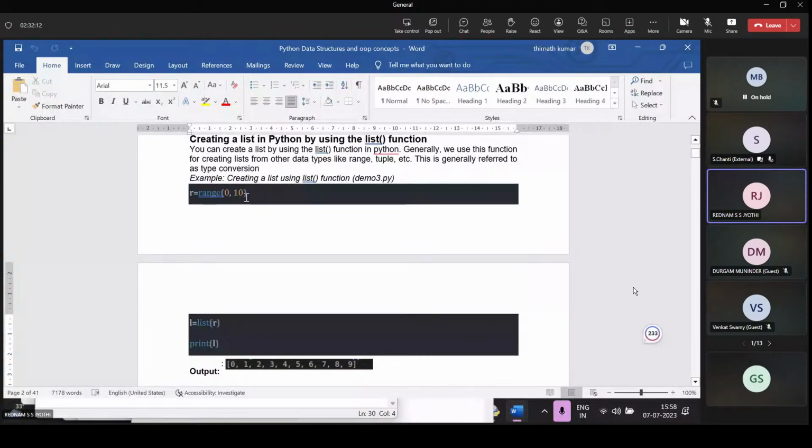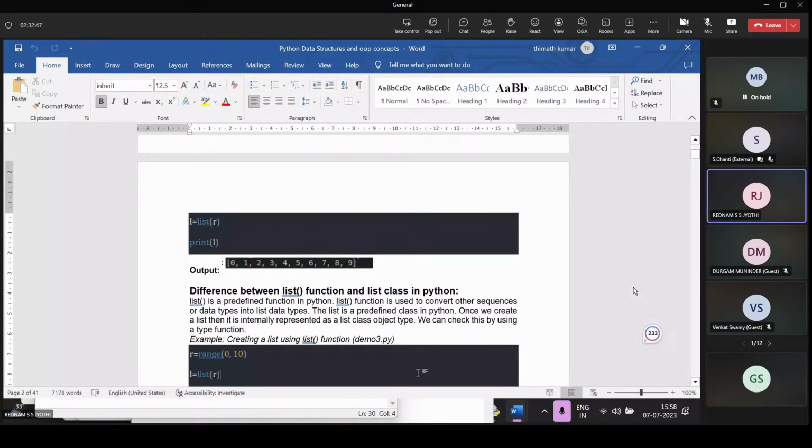First we have to take some values, by using the range function we assign some values to R. Range of 0, 10 displays 0 to 9, the first element and the last element, excluding 10. Now R consists of 0 to 9 elements, and then by using the list function, list of R, passing R as a parameter, then print L. So we will get this output: 0, 1, 2, 3, 4, 5, 6, 7, 8, 9.